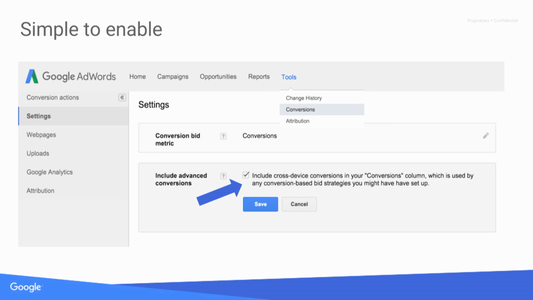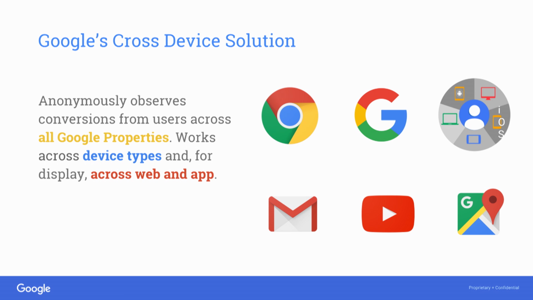Yep, spot on. And one thing to mention, I'll just go back one slide here. From the cross-device methodology standpoint, if anyone's curious to learn more, we do have a white paper out there that you can read about it. Just do a search for Google cross-device methodology. You should find that through organic results. But just for a brief summary, we're able to anonymously observe signed-in users across all these properties, right? Search, YouTube, Gmail, Maps, etc., and understand how they're moving across devices when they're completing conversions. And as you mentioned, for those that aren't signed in, we use that high statistical significance interval to extrapolate on top of that. Absolutely. So Matt, do we have any best practices to share?